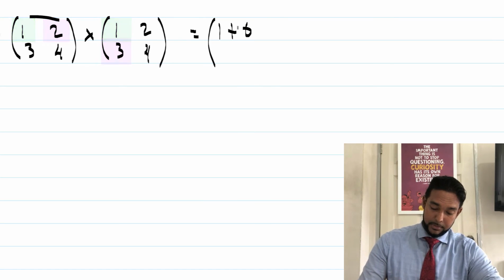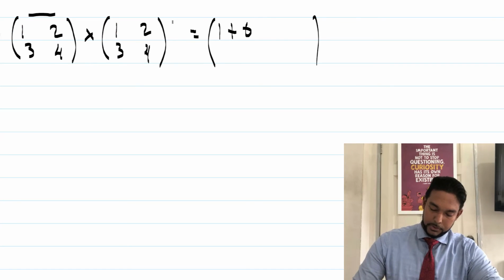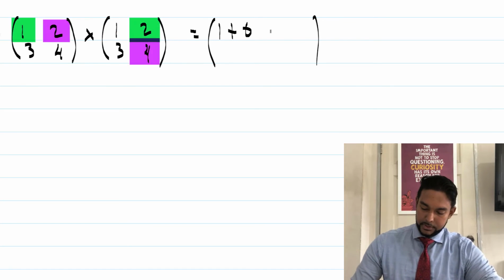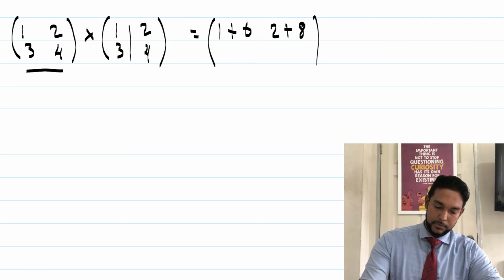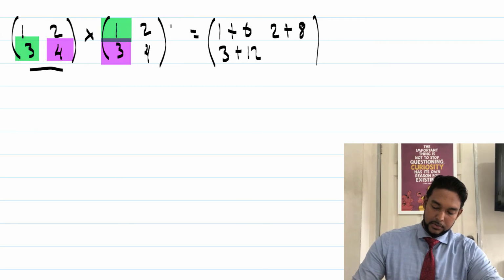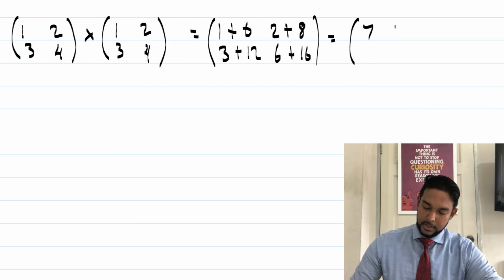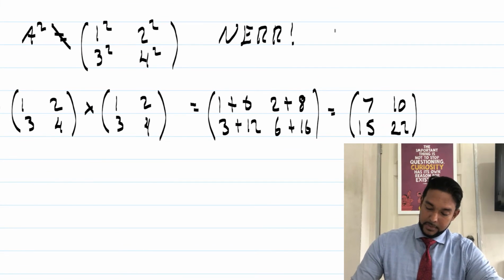6. Now this is how some people do it. They multiply as they go along, right? Now we'll go first row, second column again. So 1 by 2 is 2 and 2 by 4 is 8. Now second row, first column, 3 by 1 is 3 and 4 by 3 is 12. And second row, second column, 3 by 2 is 6, 4 by 4 is 16, which will give us 7, 10, 15, and 22, which is definitely not going to be equal to